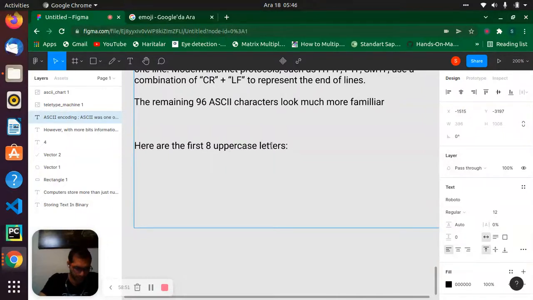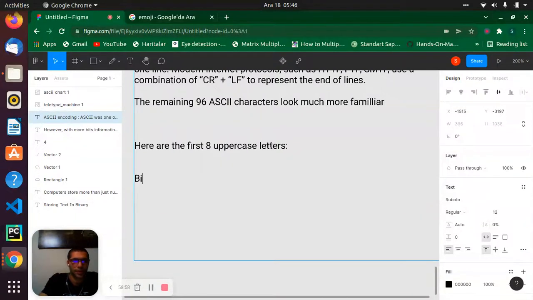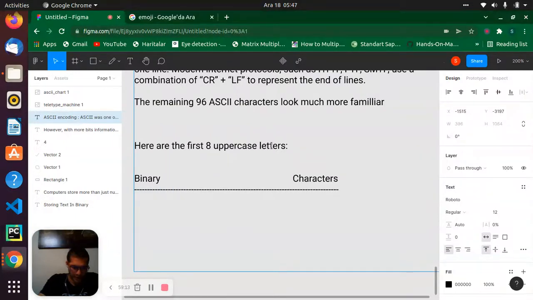Let's do binary, and say for here characters. This one is 10000001.